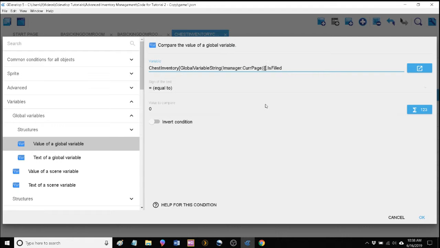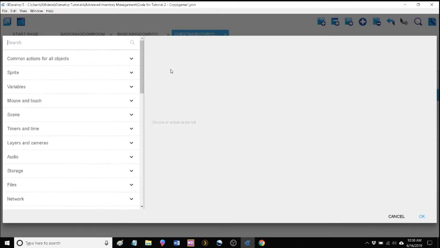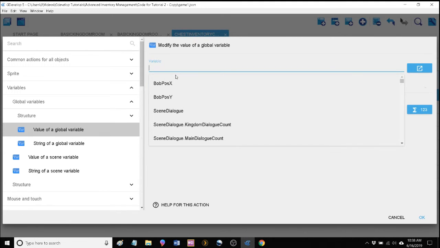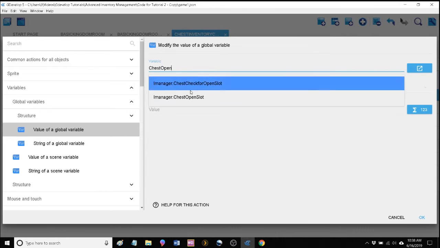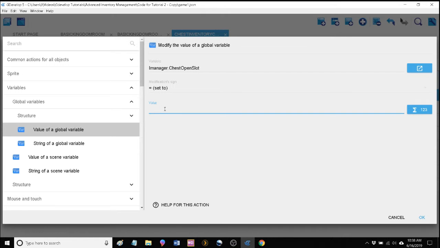Let's do global variable string iManager.temp slot. So if the current page and the temp slot is equal to 0, what do we do? Well, we've got to change our value of chest open slot. The open slot is going to be equal to our current value of